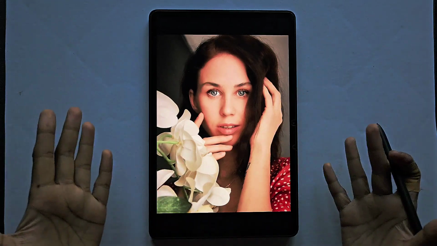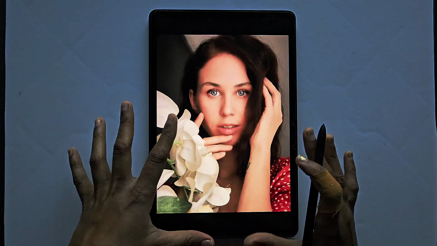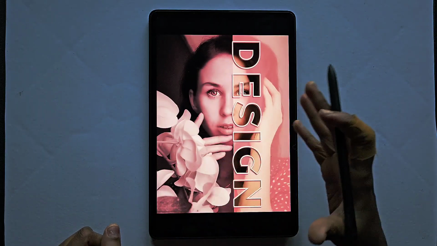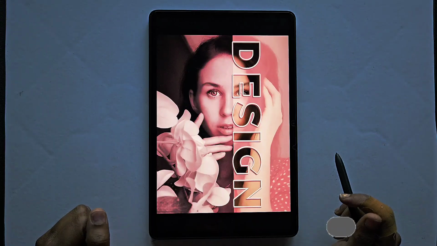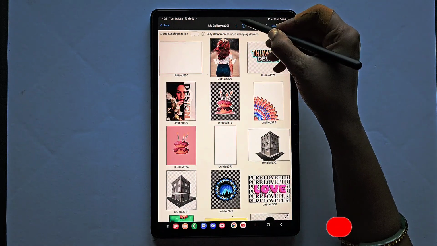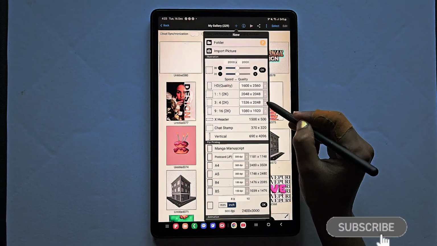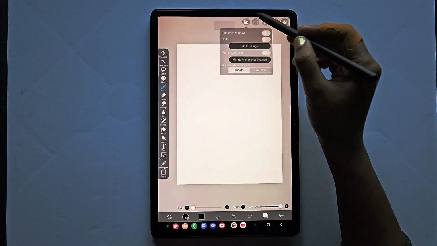Hello everyone, in this video I am going to show you how to convert this basic image into a text designed edited image like this in Ibis Paint X. Let's get started. So first I am going to open a 3:4 2K canvas in my Ibis Paint X app